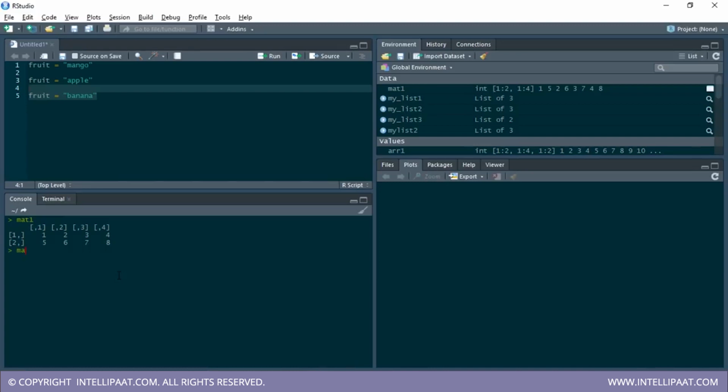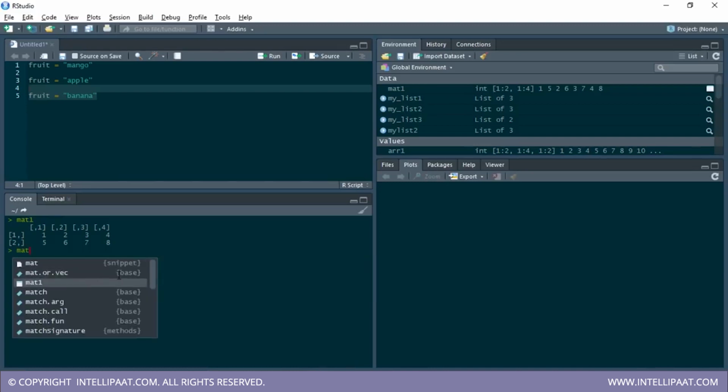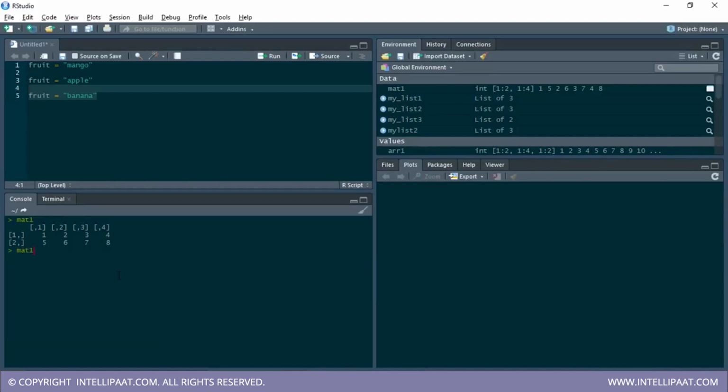So again, I would have to give in the name of the matrix, which is mat1. Then I will give in the square braces over here. Inside the square braces, I will first specify the row number, which is 2. Then I'll put in a comma. After that, I will specify the column number, which is 3. Let me hit enter. Right, so this is how we have extracted the value 7 from this